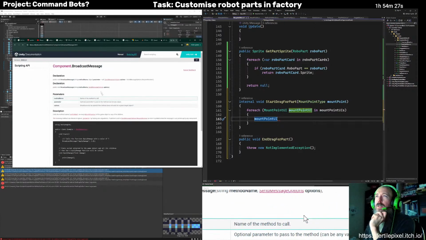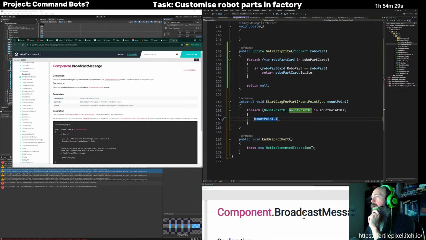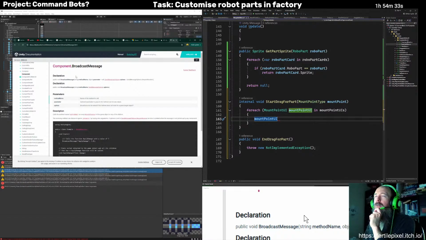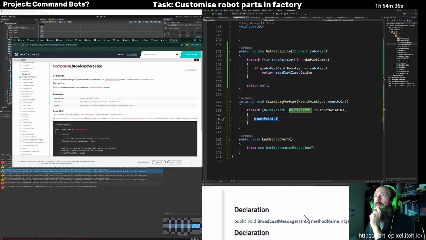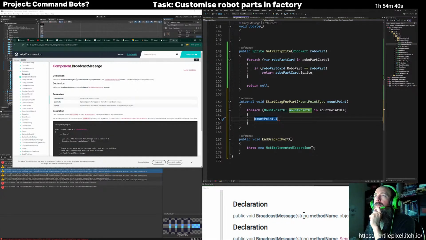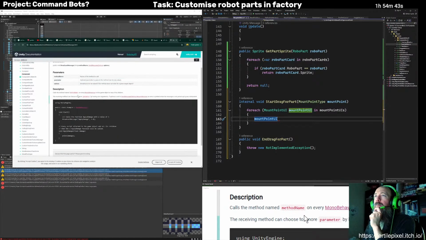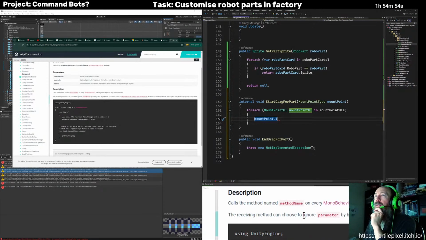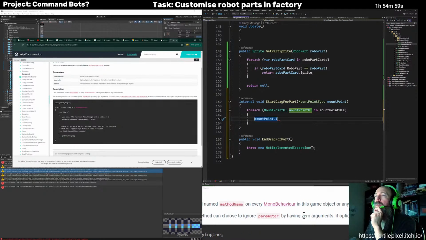Now, I think this might be for broadcasting a message to components on the same object. Calls the method name on every mono behavior in this game object or any of its children. The receiving method can choose to ignore parameter by having 0 arguments.